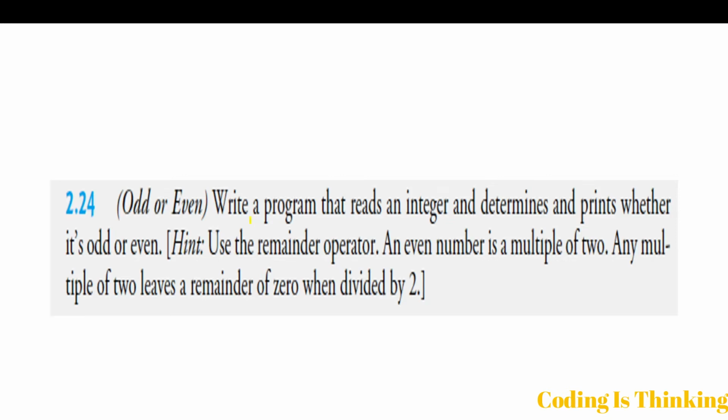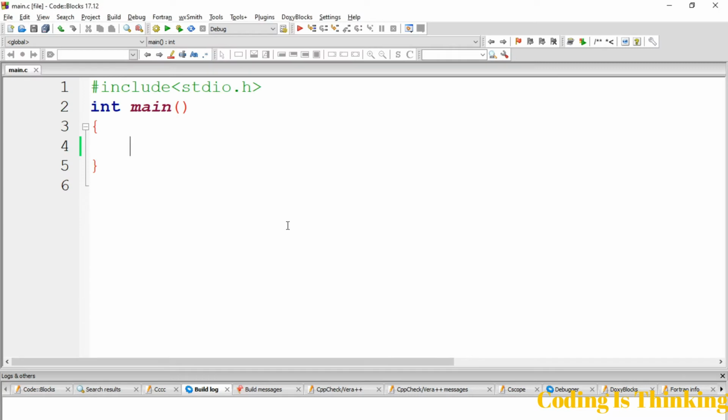2.24. Write a program that reads an integer and determines and prints whether it is odd or even. There are two conditions, odd or even. So let's ignore this hint. Whatever hint is given here, use the remainder operator. We just ignore it for now, and let's come to Code::Blocks and see how